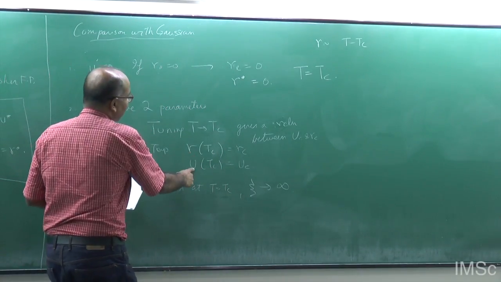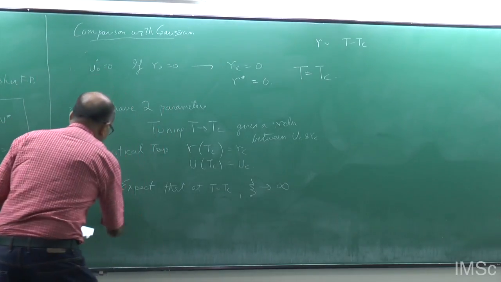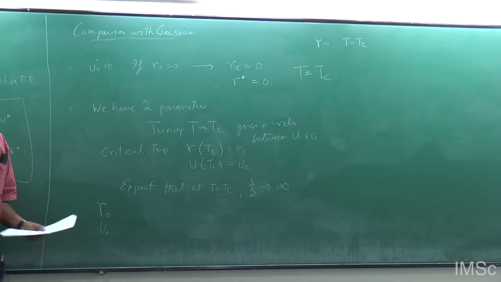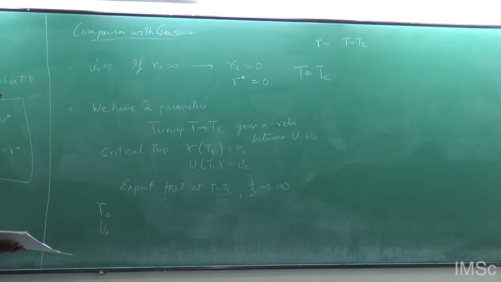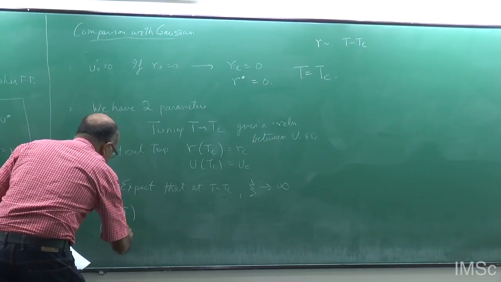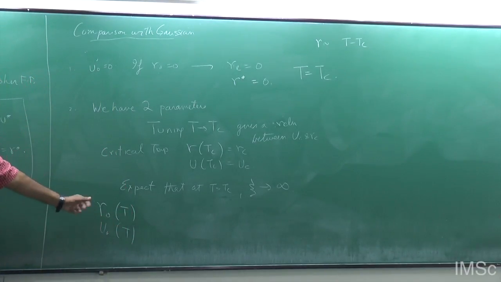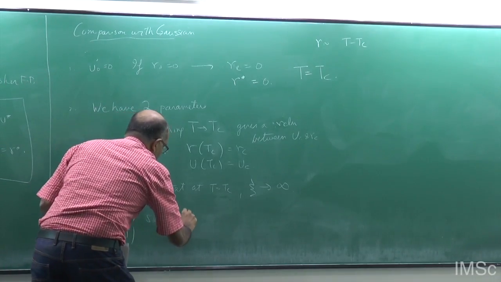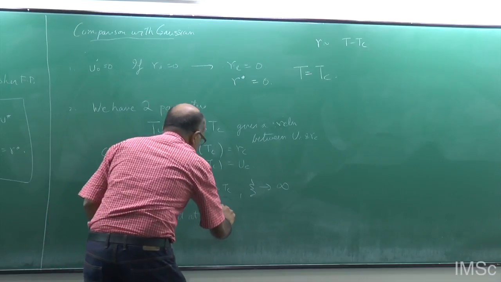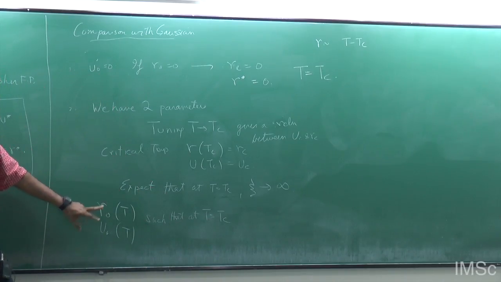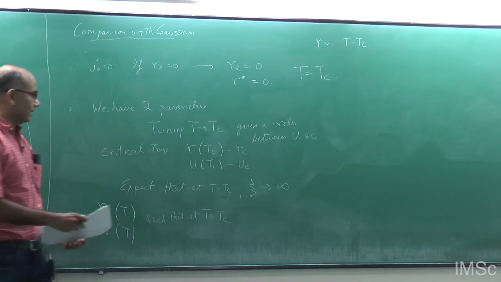So this is some value. As far as your initial Hamiltonian is concerned, you have R naught and U naught, two parameters to select, and the claim is that you can define a temperature dependence for these two. So it's one parameter to govern two, such that at T equals Tc, this theory is critical, which means C is infinity,